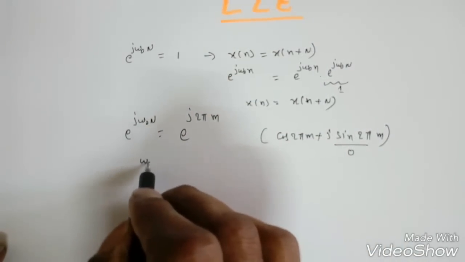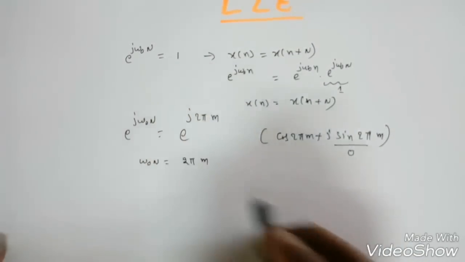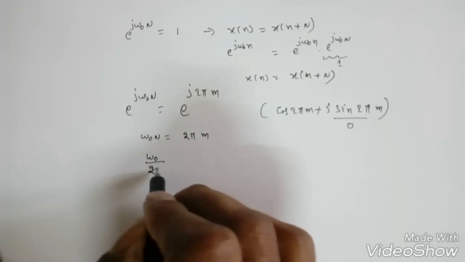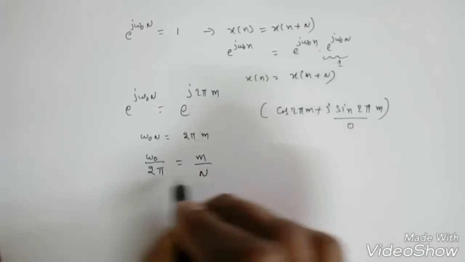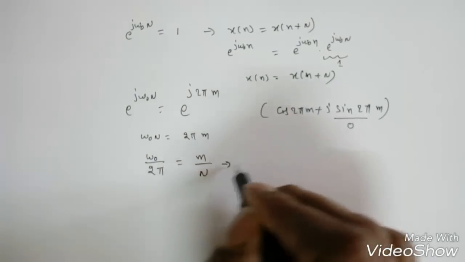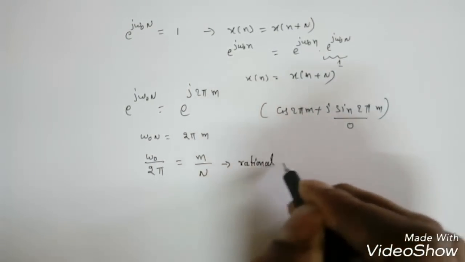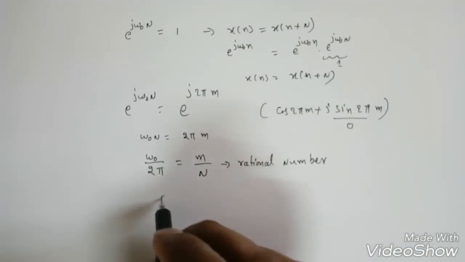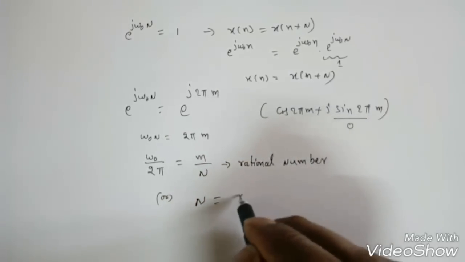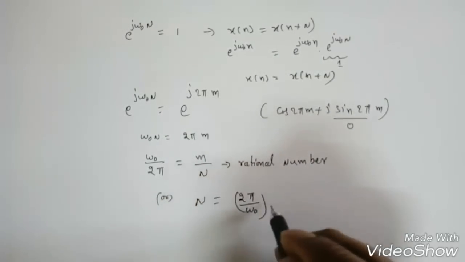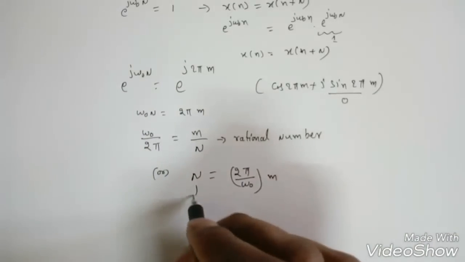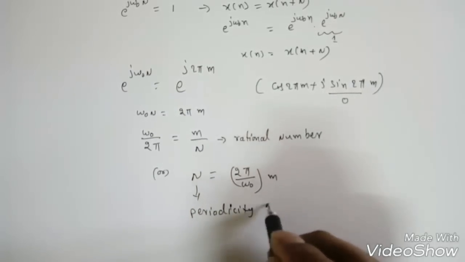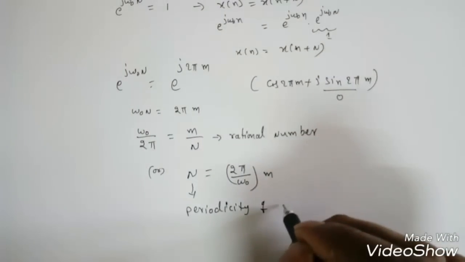So can I replace omega naught N is equal to 2 pi m? Right? So that means omega naught by 2 pi should be equal to m by N. So this omega naught by 2 pi should be a rational number. Then only we can say the given signal is periodic, right? Or this can also be written like this: N is equal to 2 pi by omega naught into m. Now N is the periodicity of the periodic signal x of n,